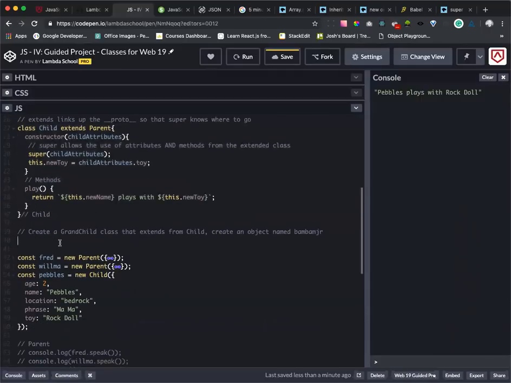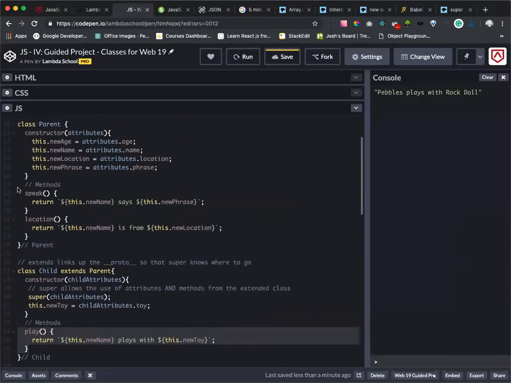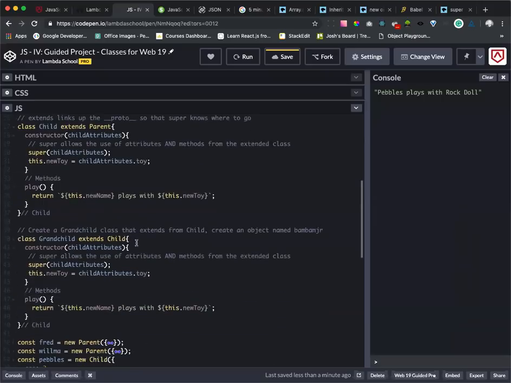So I'm going to come in here and just copy and paste, because I already got my structure. I'll say grandchild, and I think I had a capital C in there, but grandchild shouldn't. So in this case, class grandchild extends, and I could extend parent, but I want to extend child because I want to gain access to the toy in the play method, right? So again, another case against inheritance, because now let's say I only wanted this, but now I'm going to get all this stuff too. So I'm going to bring in new